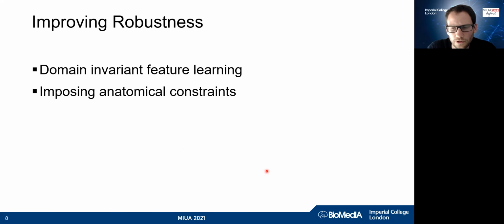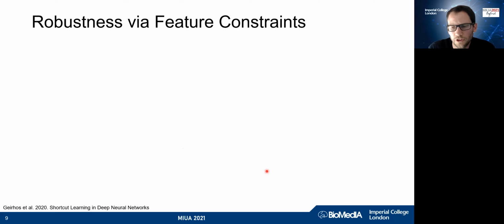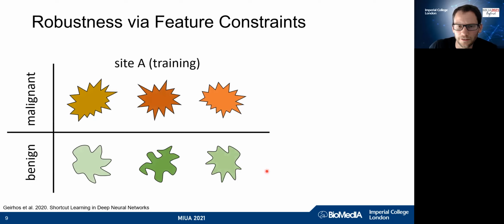So let me first talk about some works we've been doing on trying to improve robustness. There are two main streams here. We can look at domain invariant feature learning, and we can try to impose anatomical constraints. So on the feature constraints and putting robustness into this, for instance, by trying to build systems that are invariant to where the data is coming from, I just want to illustrate this with a quick schematic here, what the